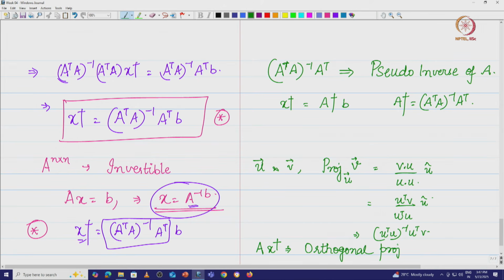Orthogonal projection of B onto the column space of A, right. That is exactly what we are doing here also. So, what do we do? I have A x dagger, which is nothing but A into A transpose A the whole inverse A transpose B, and I want to look at projection of the